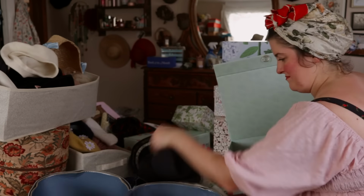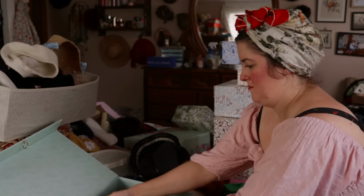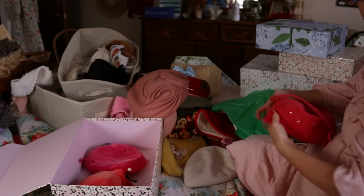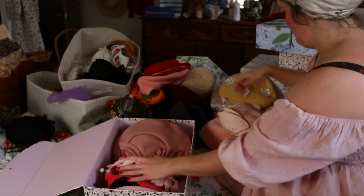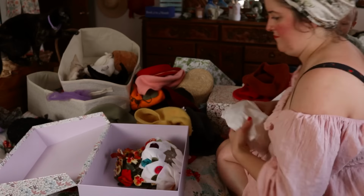So I decided to try to sort of color coordinate my hats to the boxes they were going into, and later I realized I didn't actually have to do this because I planned to take all of my black hats off the wall and put up the pink ones. But for the beginning of this video anyway, I color coordinated the boxes to the hats,